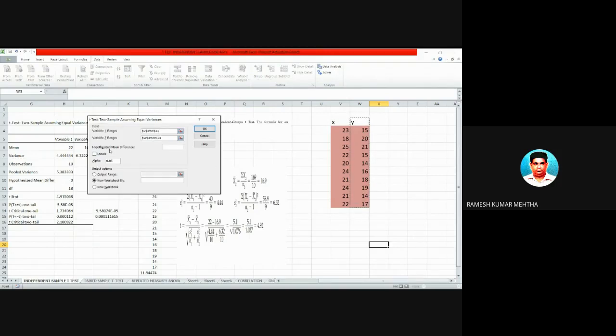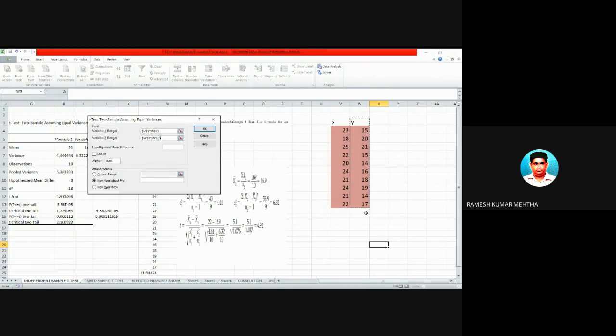Now hypothesized mean difference. I am assuming that the null hypothesis states that there is no difference between the mean of data set X and data set Y. So when the mean of data set X and data set Y are the same, for example here the average of X is 24 and the average of Y is also 24.